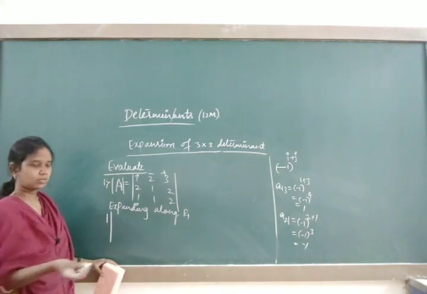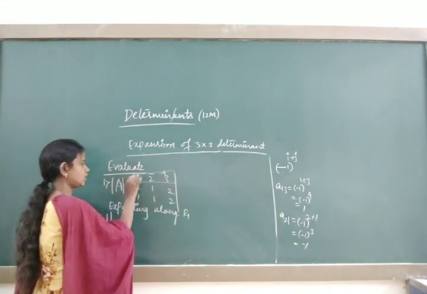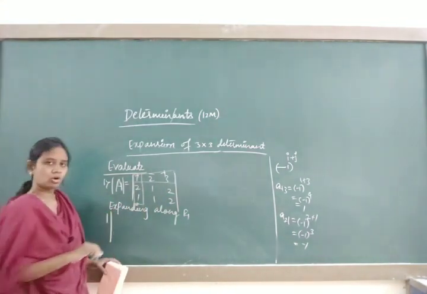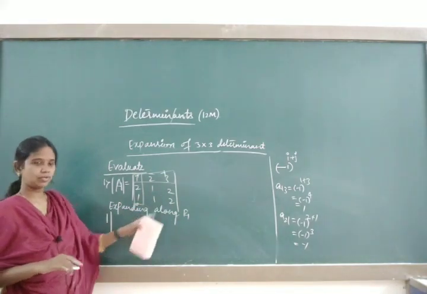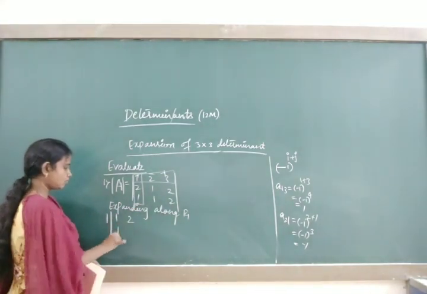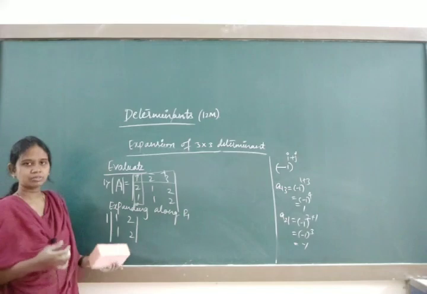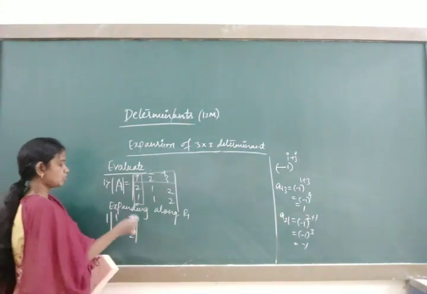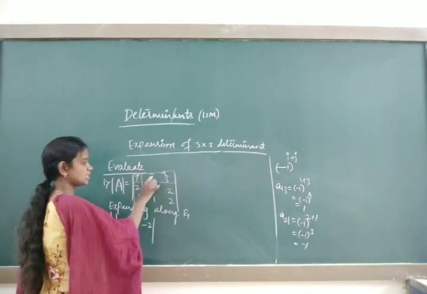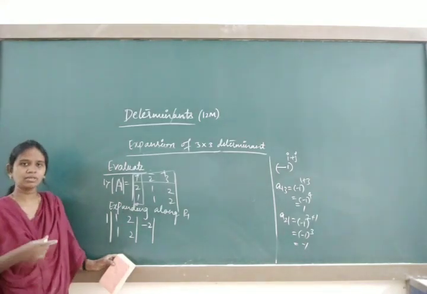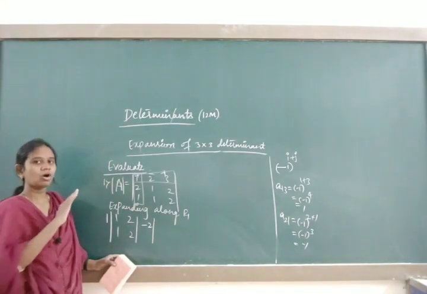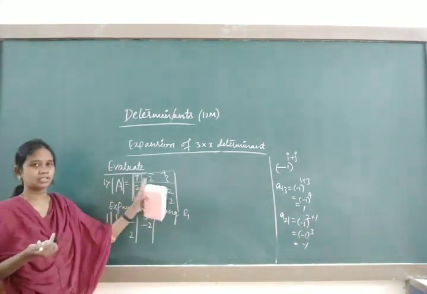Wherever 1 is present, you just close that one. 1 is present in a row and it is present in a column. Remaining is 1 2 1 2, write in a bar, 1 2 1 2. These bars you have to write. Next you have to go with the minus 2, because I have changed the sign. Plus 2 was there, but according to the rules of the determinant, it will become minus.